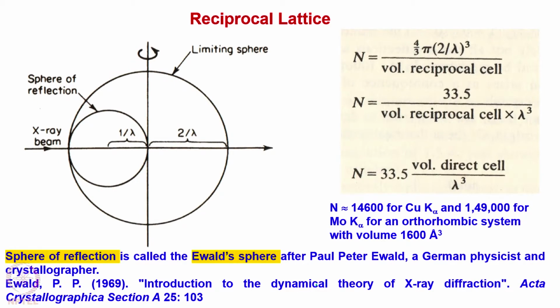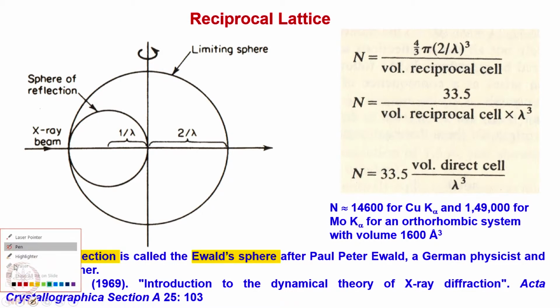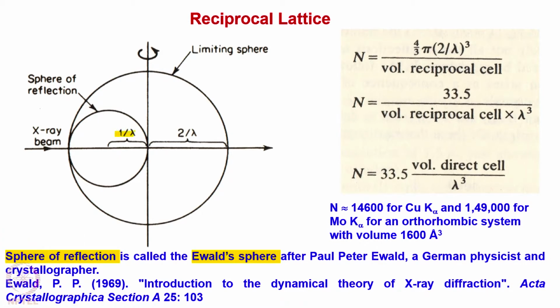Now, if we consider the sphere with radius 1 by lambda as shown here, we get a smaller sphere with radius 1 by lambda, and then with radius of 2 by lambda, which is the diameter of the smaller sphere,